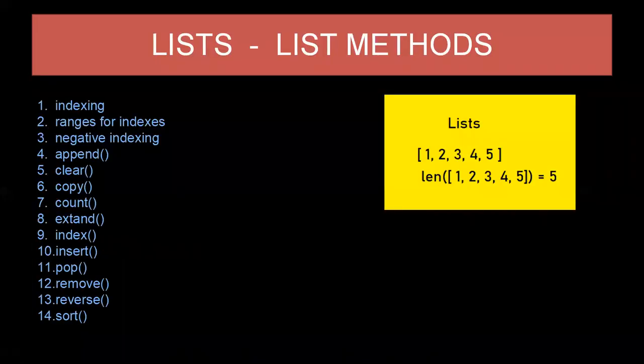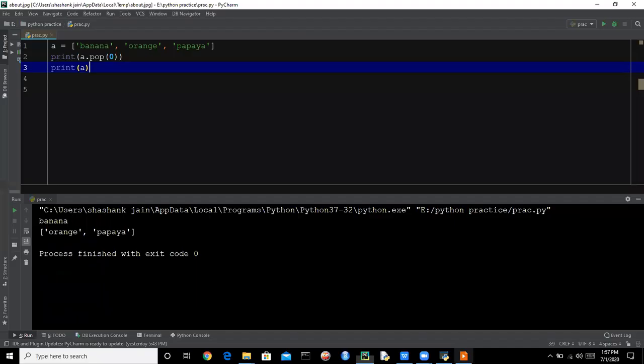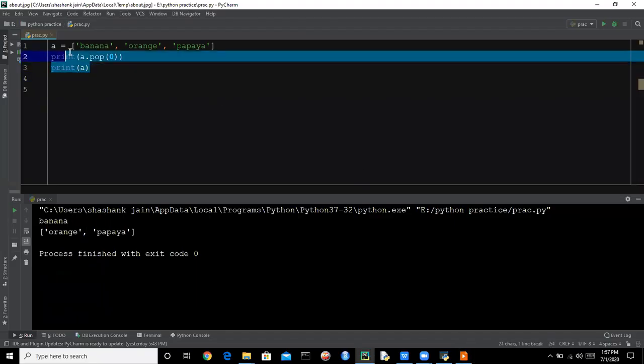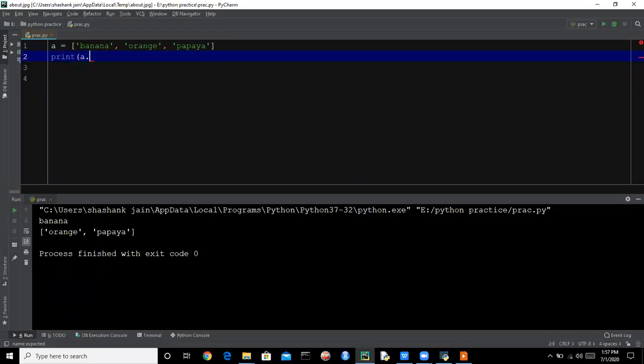So let's discuss the next one, remove. If you want to remove something by the name of the item, like we are having banana, so if you want to remove banana, then you can just pass it into the parenthesis.